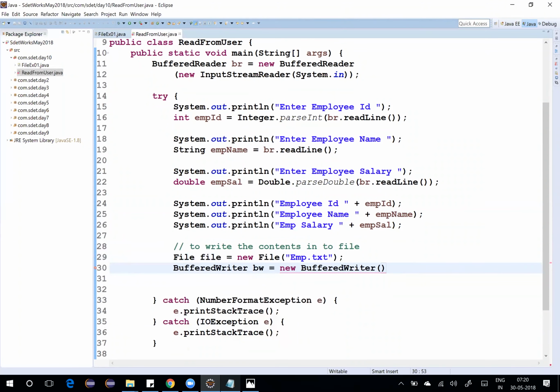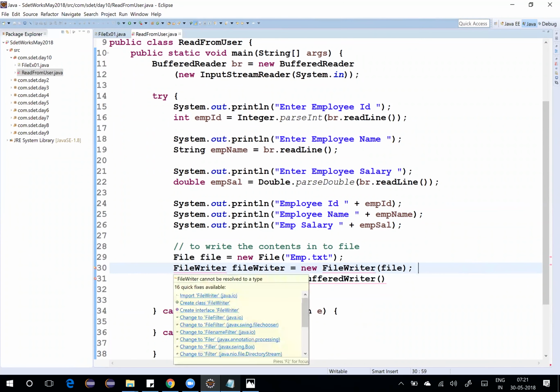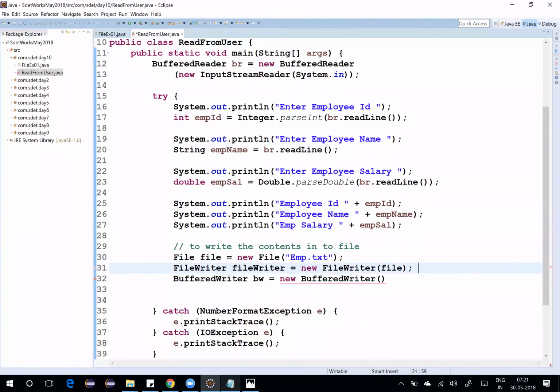Here, someone should take the data to the file, and we know what the file location is. He is called FileWriter. FileWriter is equal to new FileWriter of file. This means I will use a class called FileWriter for this file, and the